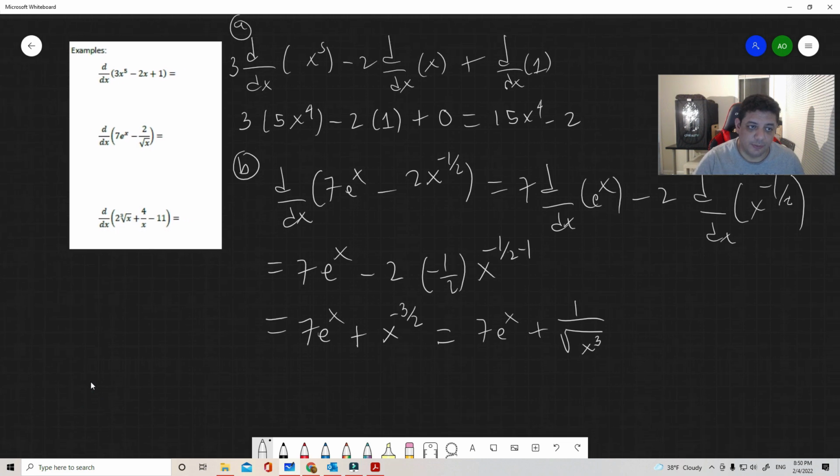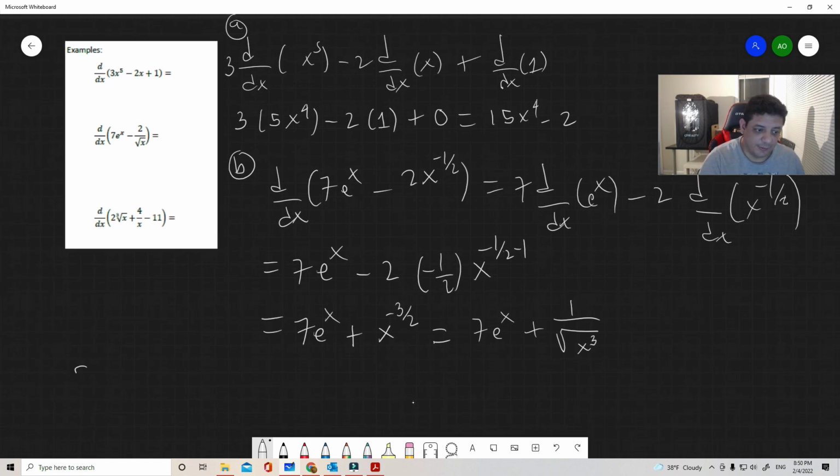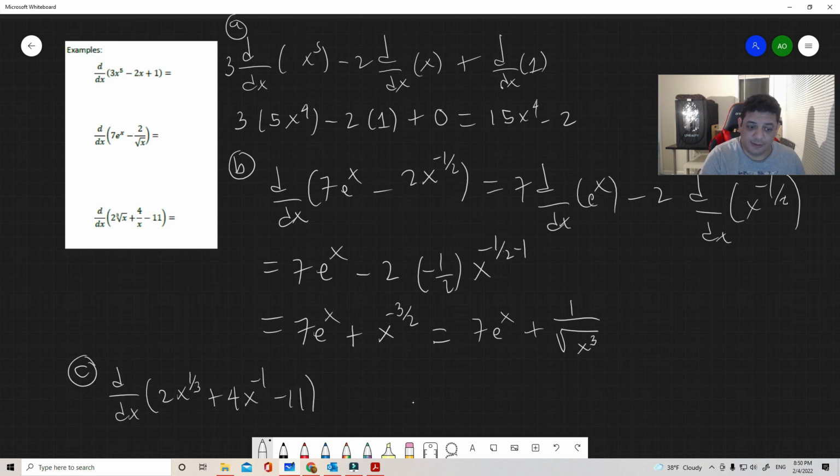Now let's go to the last of these ones, which is going to have a very similar transformation. So we have the derivative with respect to x, and now we have a cube root. So I can write a cube root as x to the 1/3 plus 4 over x, but now that x I can write as x to the minus 1, so it's a power as well, minus 11. So now I have everything in powers, and I can apply the sum rule. This is just going to be twice the derivative of x to the 1/3 plus 4 the derivative of x to the minus 1